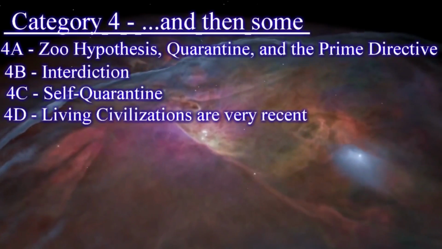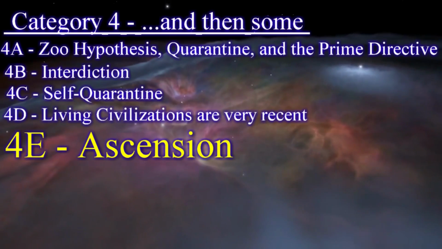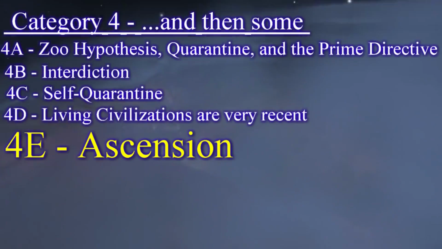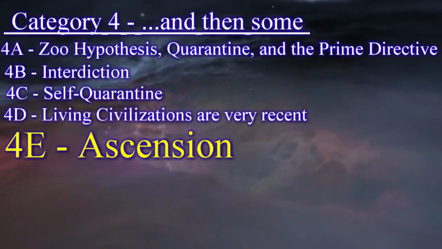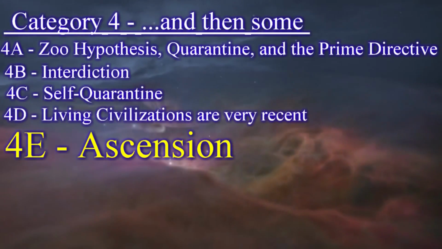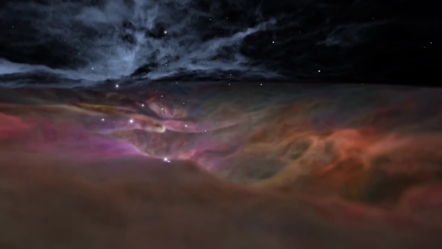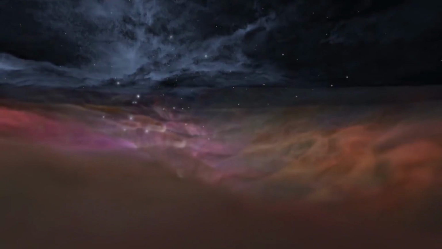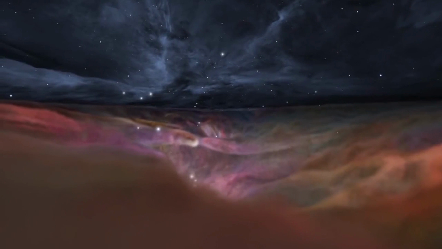their bizarre and seemingly illogical motives. Category 4E, Ascension, is the first of what I think of as a sort of eschatological solutions. A staple of science fiction is that we eventually evolve into beings of pure energy or ascend to higher planes of existence. From a Fermi Paradox solution standpoint, this actually works just fine, so long as it is happening to every race and all its members, and before they spread out much. The strength of the next category, actually, which looks at it from a much more technological perspective.